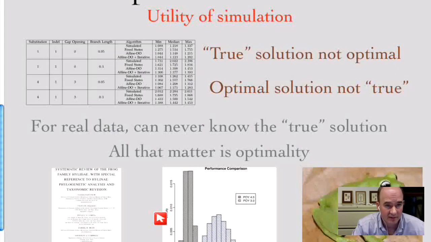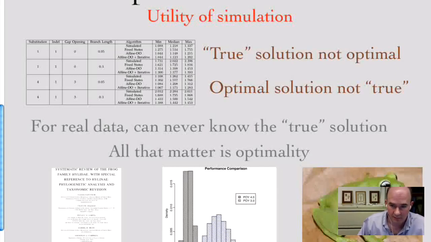It was roughly 100 taxa. There were morphological characters. There were 9 different molecular loci. And so we can see here how well our new algorithm has performed compared to our old algorithm. It's roughly 1,000 times more effective. And the way we say that is by looking at the quality of the trees that come out, in this case, parsimony. So what were the parsimony scores? To get a parsimony score of the same quality with POY4 as POY3 would require roughly 1,000 times more work. So we're comparing straight optimality, irrespective of, we don't have to know what the true solution is, what the optimal solution is, I should say,